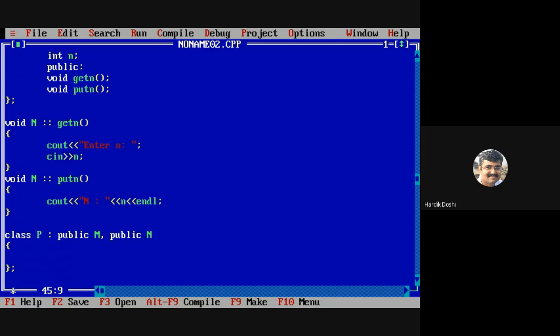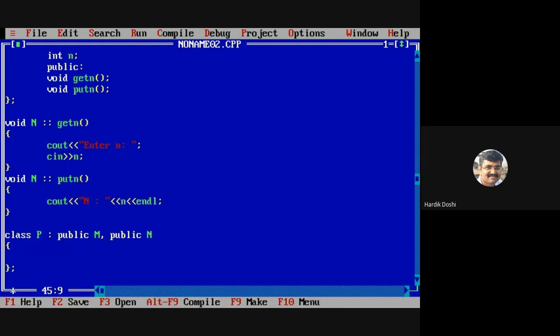I don't want something like int P. What I want is to merge M and N in P. I need to derive those two properties into one single class. That is the purpose. So class P inherits public M, public N.